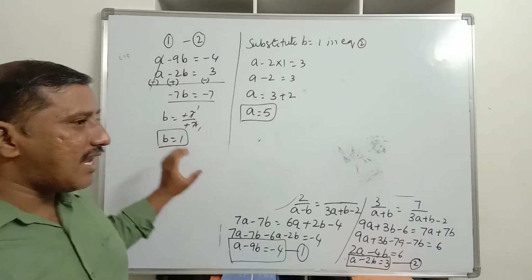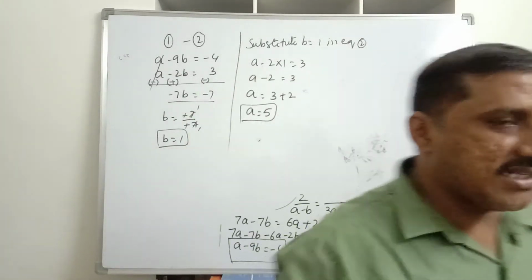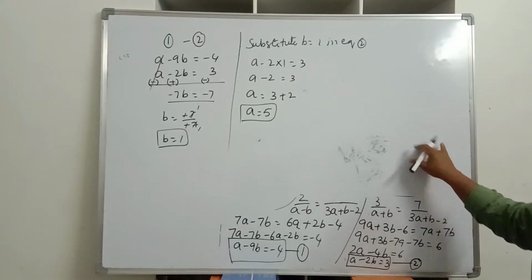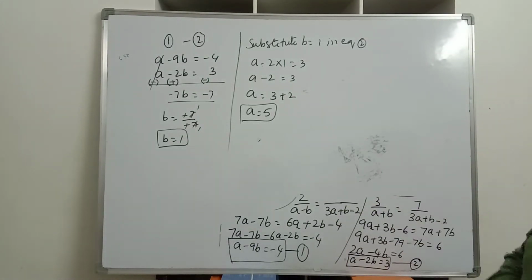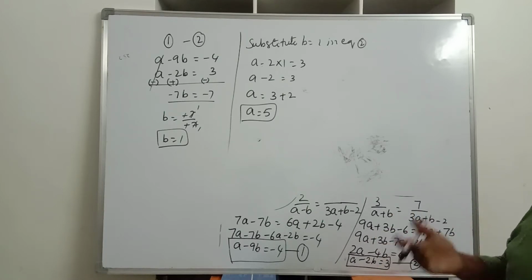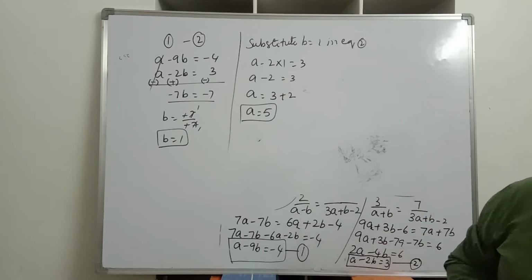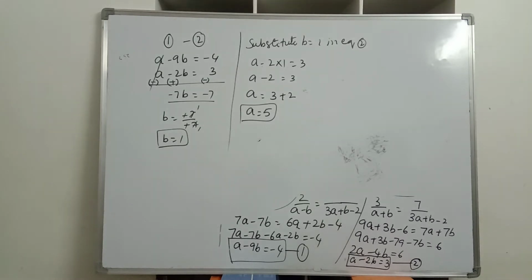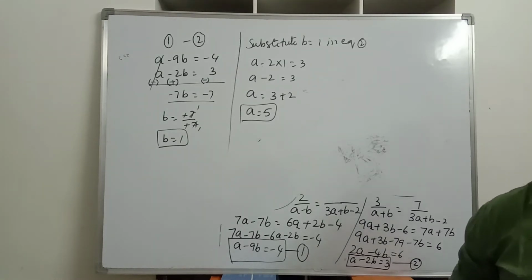For these values, the given pair of linear equations will have infinite number of solutions. In the previous sum we discussed the unique solution. So one more condition is there, that is having no solution. If a pair of linear equations has no solution, then find the value of the unknown, that is the k value or a value or b value, whichever is given in the question. I hope you understand this. Is it clear, children? Yes.